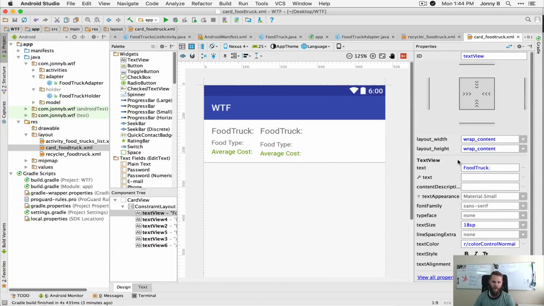So I'm just going to put something like Joe's Fine Dining. And for the food type, I'm going to put something like barbecue. And for the average cost, I'm going to say something like $7.99. So these three fields, these are dynamic data that is going to be filled out from our